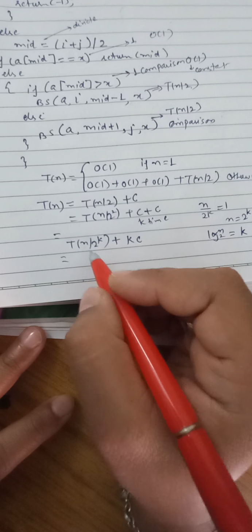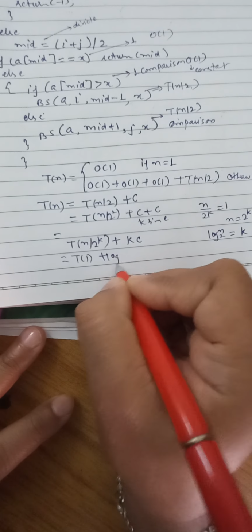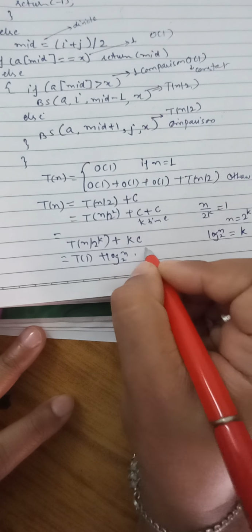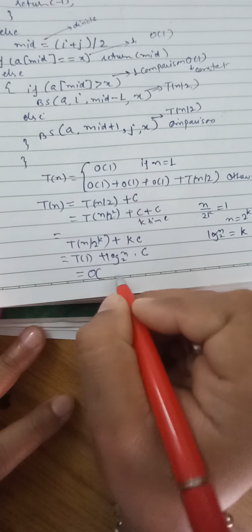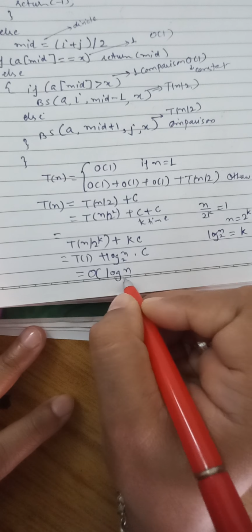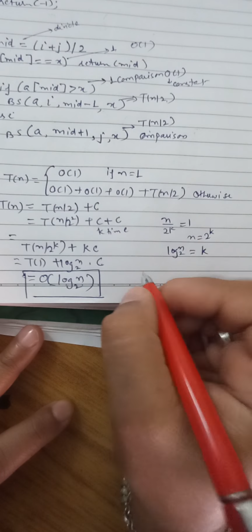So if we simply put it here, it will be T(1), and k will be log n base 2 times c, because this is constant and this is 1, so simply it will be order of log n base 2. So that is, we can say, the worst case